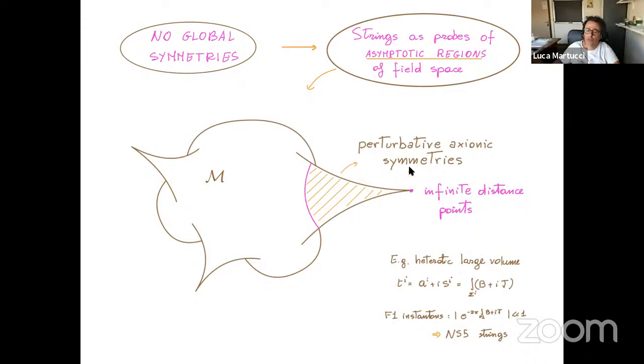And then it's natural to, in order to really couple these strings to the effective field theory, restrict to some asymptotic regions around some infinite distance points, analogous to